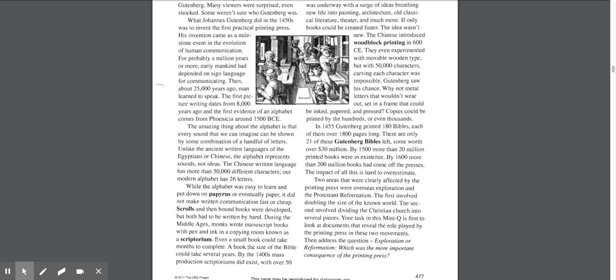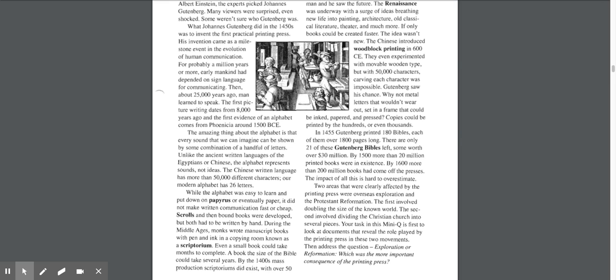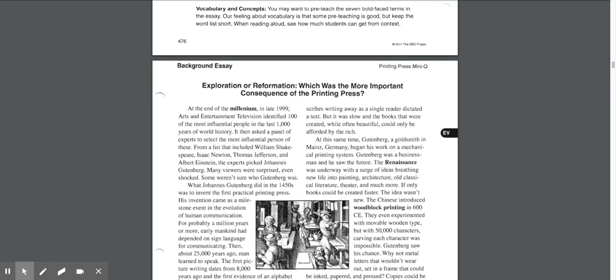During the Middle Ages, monks wrote manuscript books with pen and ink in a copying room known as a scriptorium. Even a small book could take months to complete. A book the size of a Bible could take several years. By the 1400s, mass production scriptoriums did exist, with over 50 scribes writing away as a single reader dictated a text. But it was slow, and the books that were created, while often beautiful,